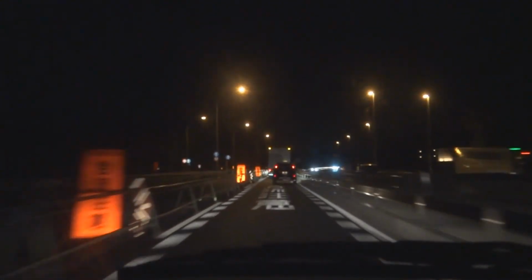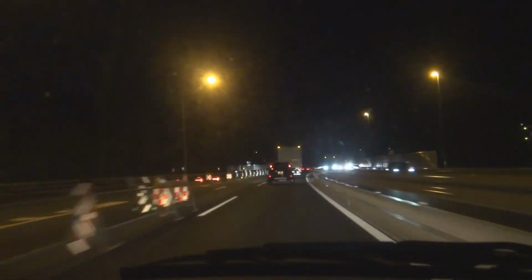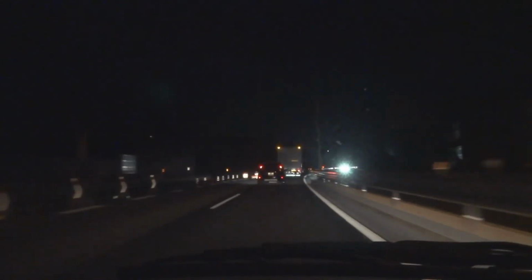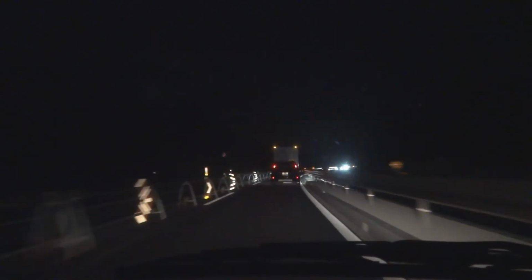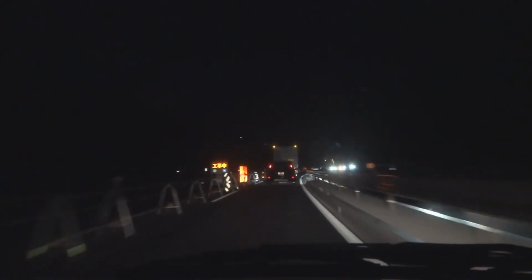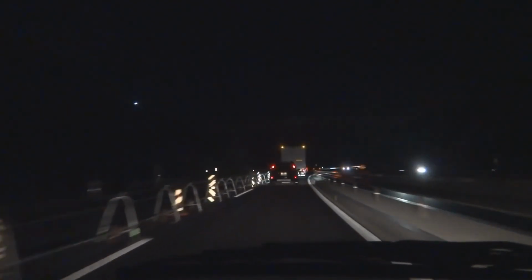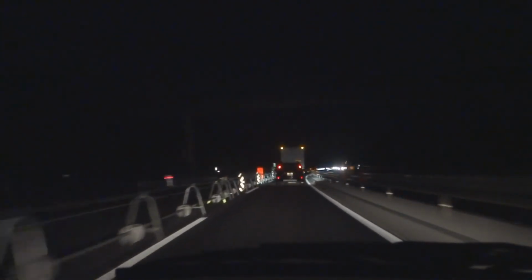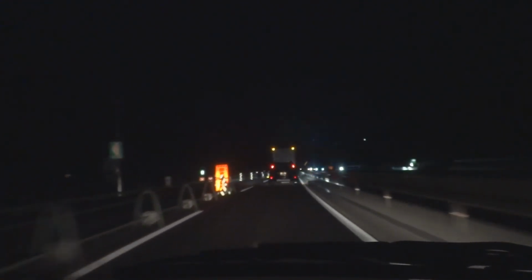The truck in front of us. Japanese drivers love to travel up the arse of the vehicle in front. It looks like it's probably about 10 to 15 meters apart. You'll see cars even closer. I don't know why. I think when they're taught how to drive, they say that you should travel closer to the cars in front of you to allow more traffic on the roads. For some reason, they love to travel up the arse of the car in front of them, and I'm always having to